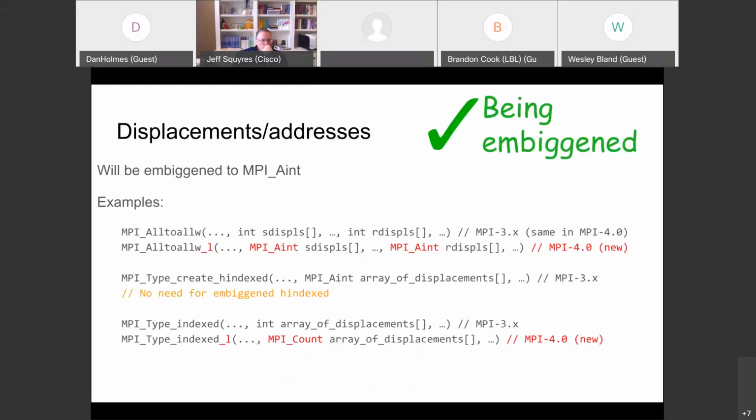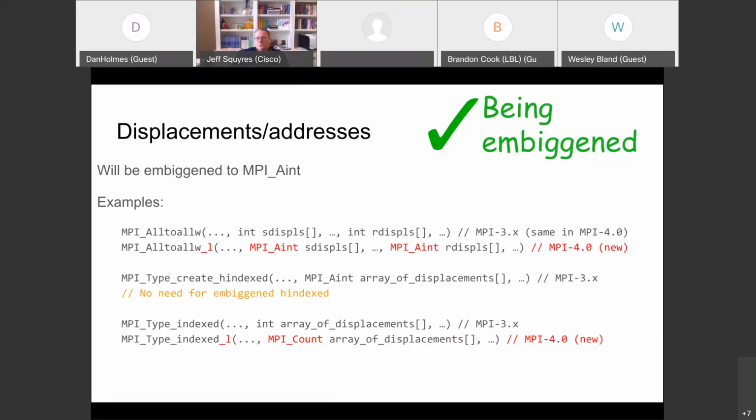Okay, so the next one is maybe one of the most contentious ones, displacements and addresses. These are going to be made bigger. There's currently a lot of situations where displacements, real displacements in memory, so a displacement in bytes, a difference between two absolute addresses, or an absolute address, are used, and they are currently typed in the API as int, which actually doesn't cover either of those two cases.